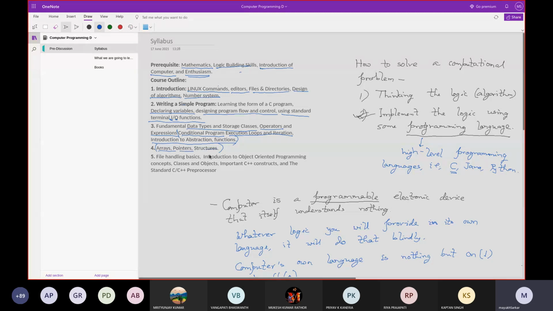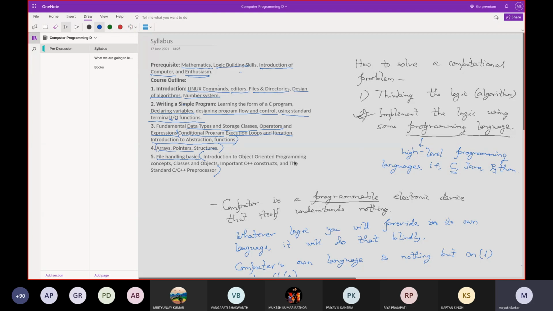Arrays, pointers and structures are again some new terminologies for some of you, while some of you, who have been exposed to some programming language before, may have already understood. And here, file handling basics: how to handle files using C. To understand the object oriented programming concepts, classes and objects, we have to look into